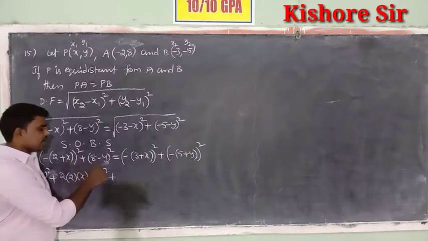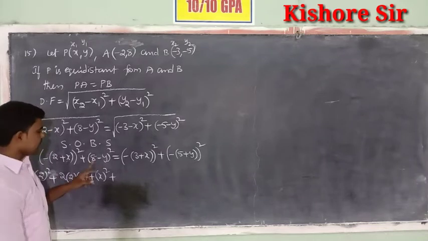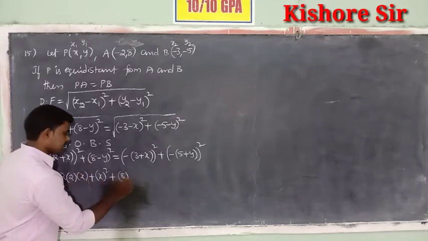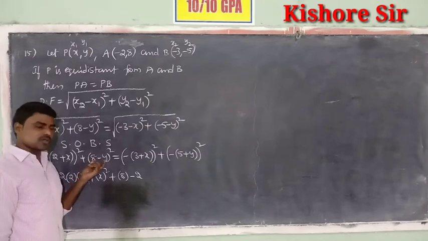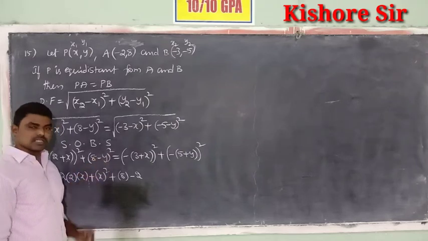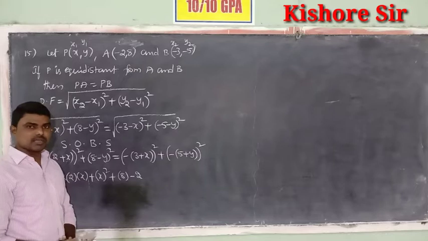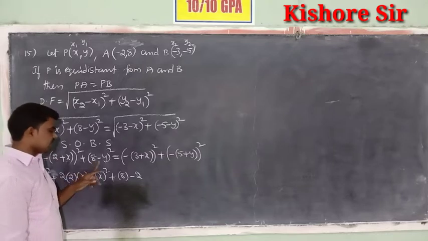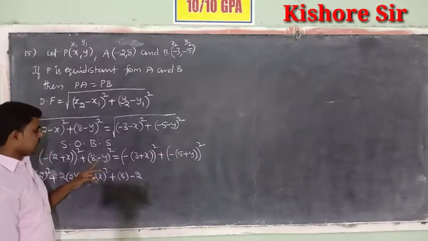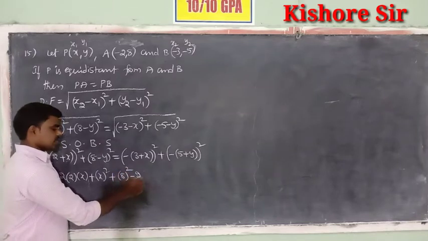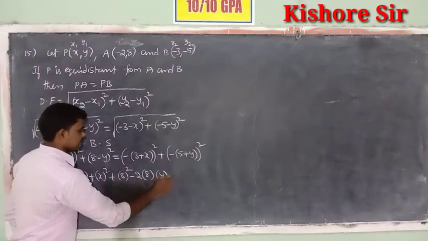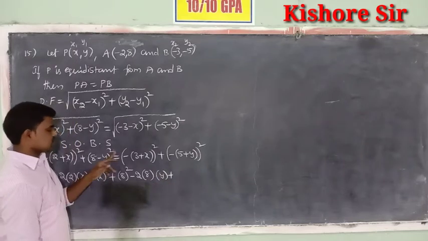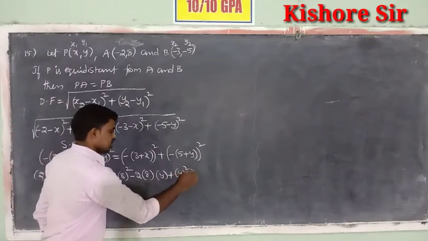Then (8 minus y) whole square is in the form of (a minus b) whole square, which is a square minus 2ab plus b square. Here a means 8 and b means y. So 8 square minus 2 into 8 into y plus y square, that is equal to